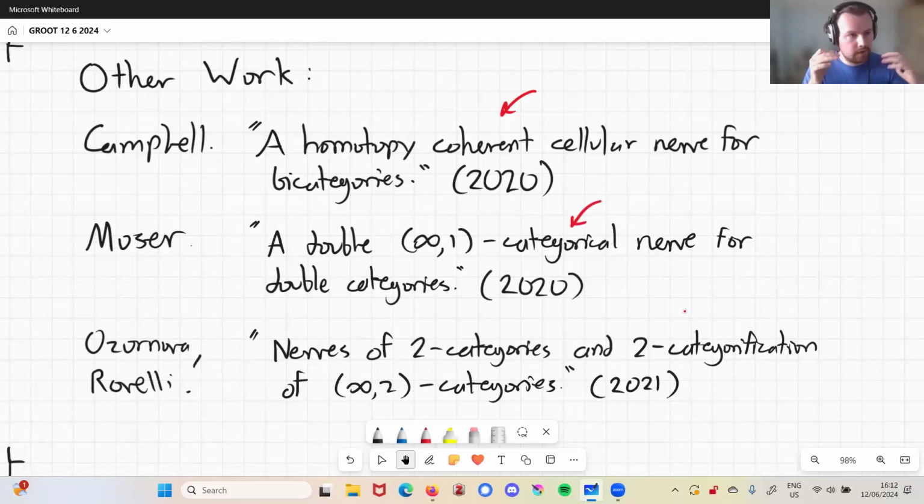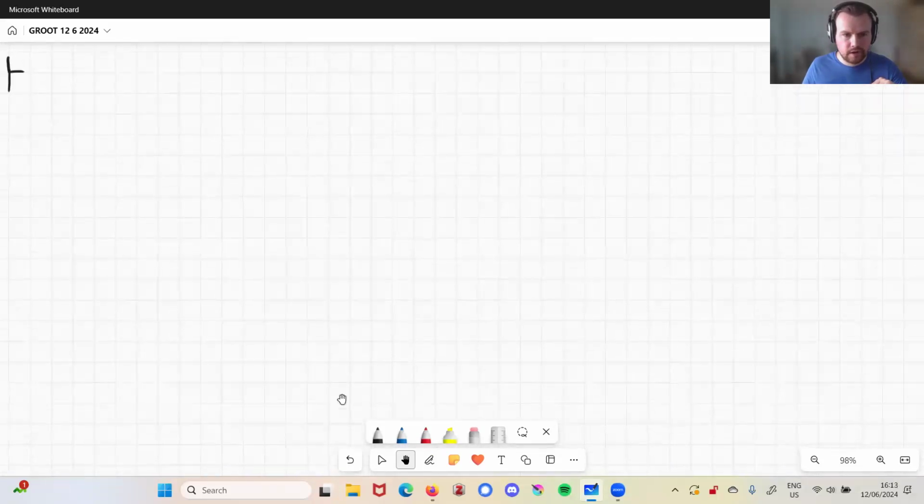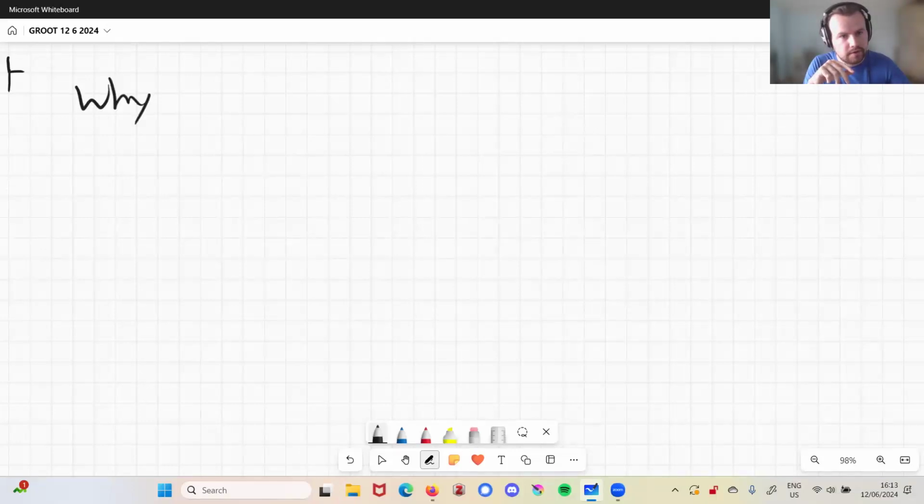who showed how to go from double infinity-one categories to strict double categories. And this restricts to going from complete two-fold Segal spaces to strict two-categories. And there's a nice equivalence there. And then this paper compares many of these different approaches with one another. So you might wonder, all right, well, with all these different approaches in mind, why bother doing it again?